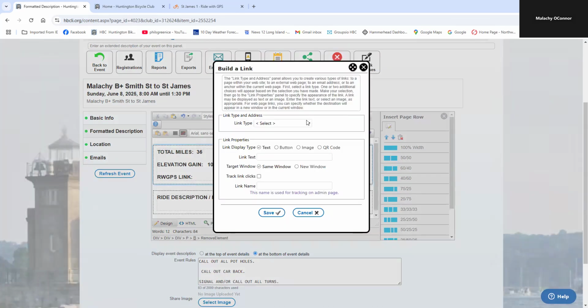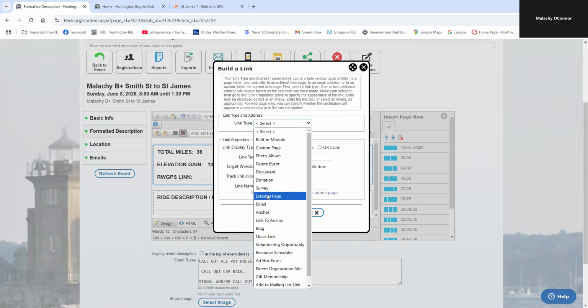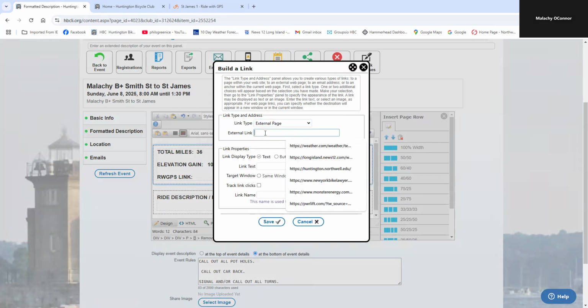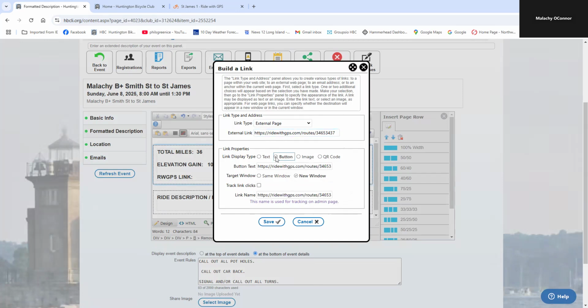So the first thing you do is type. You have to go down about 7 items to where it says external page. And then in external link, we're going to put in the Ride with GPS link. You can do text. I like to do button. And then this link